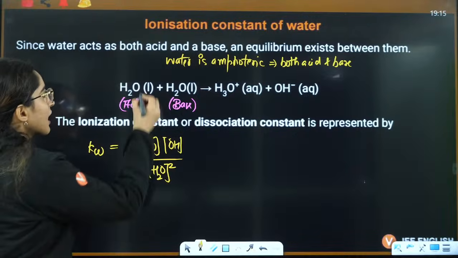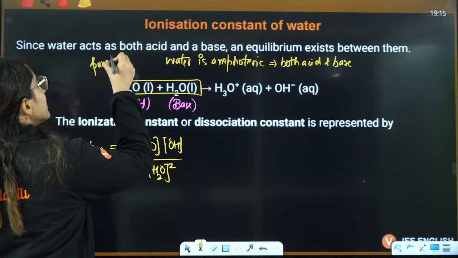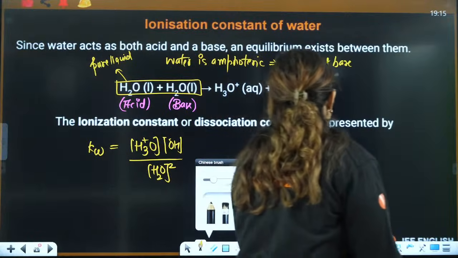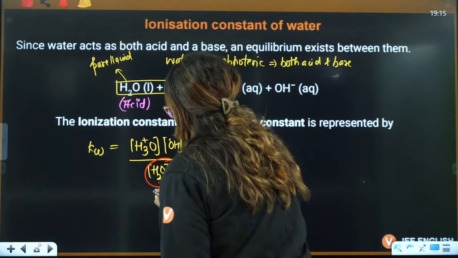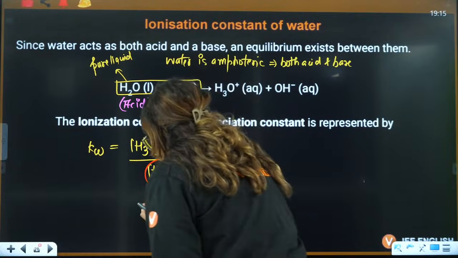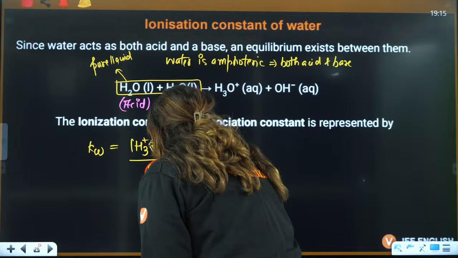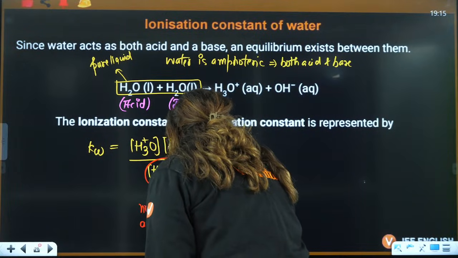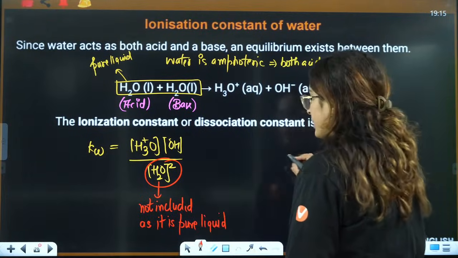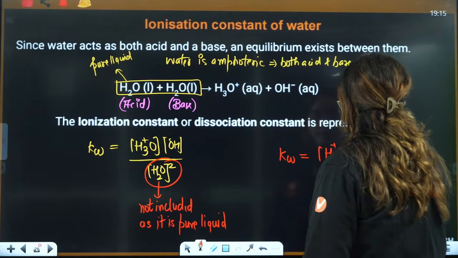But these are liquids. If you see, they both are pure liquid. Pure liquid is never written, right? That's why this will be neglected here, as it is pure liquid. Pure liquids and solids are never included, so the answer is going to be Kw equals H3O positive multiplied